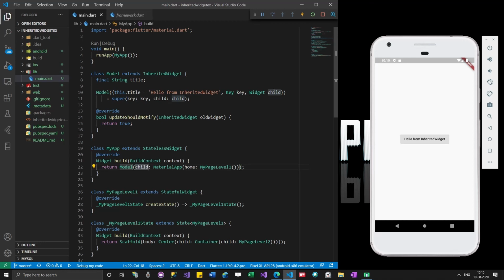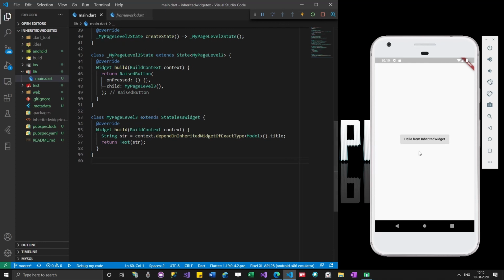You can see that we are passing child into this model. So when this code is actually run, this class is initiated, and only then are we having some value. Okay, now you can see that we got a value within the inherited widget, right?